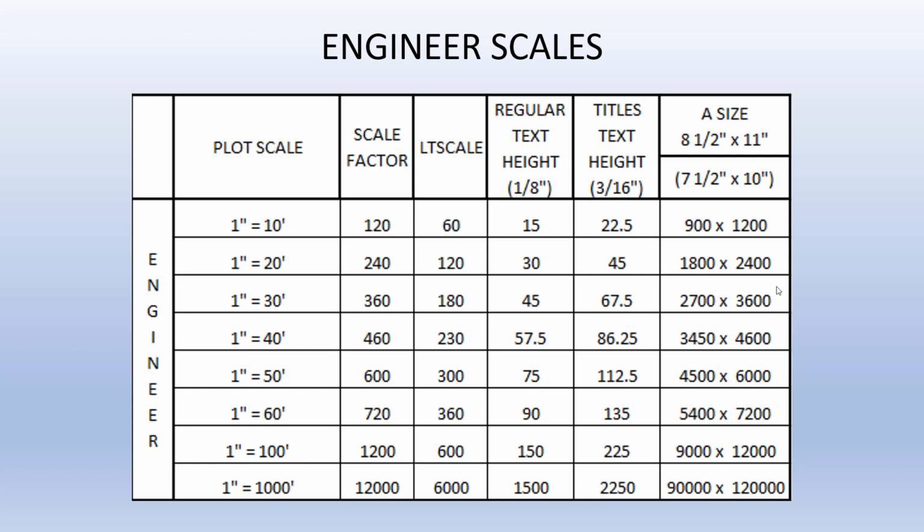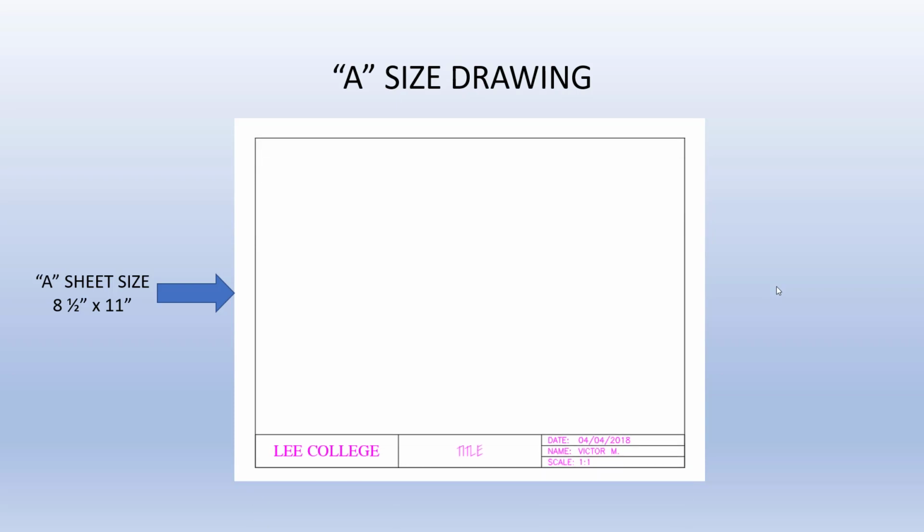In this frame, we can see an A-size drawing on an A-size sheet. Notice the size of the sheet on the left side of the drawing. It is the size of a standard sheet of paper, just like the paper that is commonly found in any printer. The A border on the drawing is 7.5 by 10. This is the size that you will create your border in class as a separate drawing, and the size that it will be when you insert your border into your new drawings.